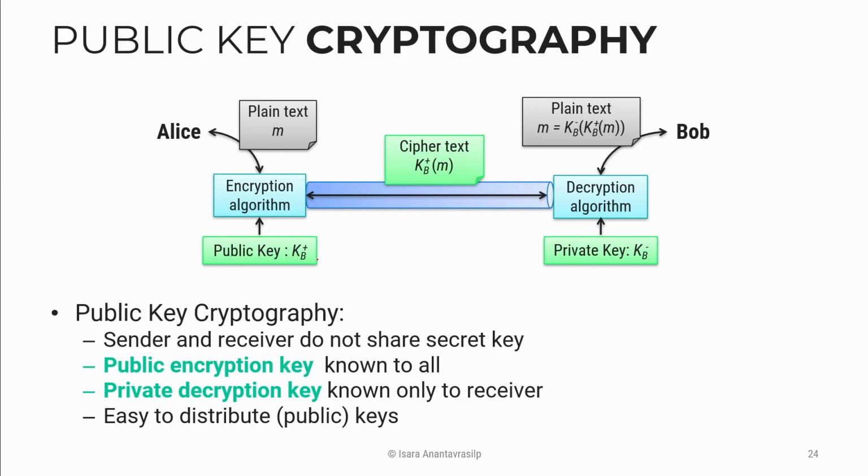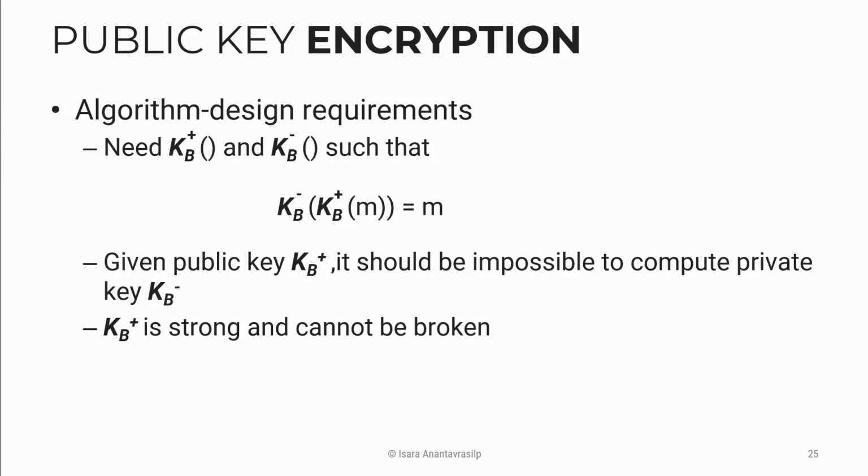Bob can put his public key on his website, at the end of his email, at the end of the document, or in the footer of his document. He can just put it on YouTube. He doesn't care. What he has to keep secret is just his private key. So the problem is that we need an algorithm that gives us two things.